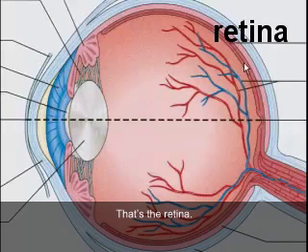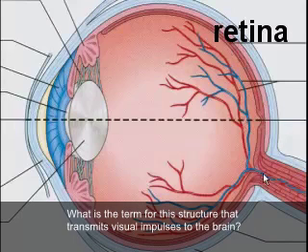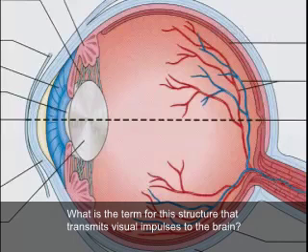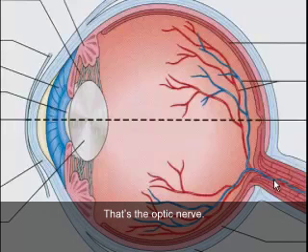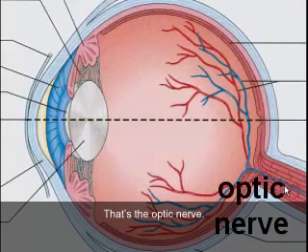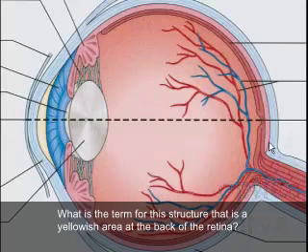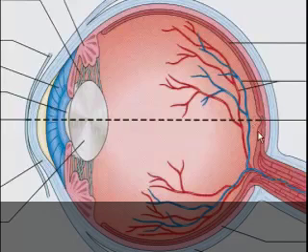R-E-T-I-N-A. And what is the term for this structure that transmits visual impulses to the brain? That's the optic nerve, O-P-T-I-C, nerve. What is the term for this structure that is a yellowish area at the back of the retina? That's the macula,